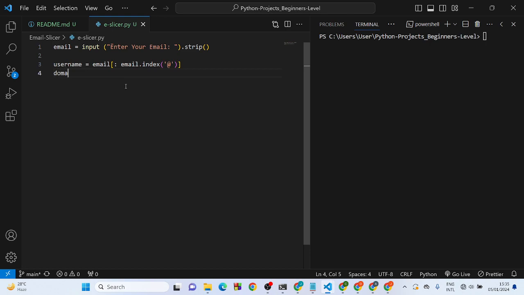And the next one will have domain, and this is going to be equal to, again, email. Take our email, and this time we have email.index, and we are using the same delimiter, which is the at. For here, I will explain this shortly, but here we are going to do +1. Okay,